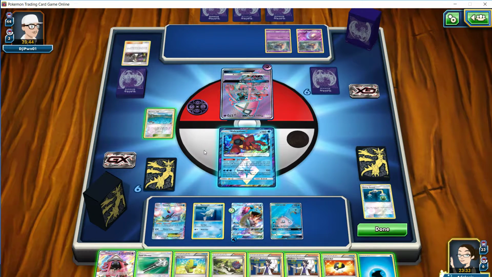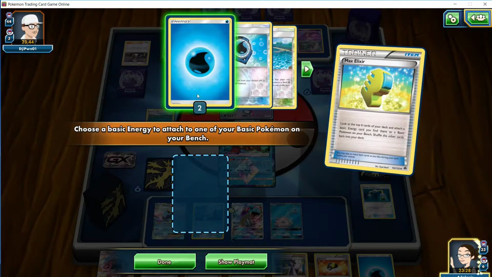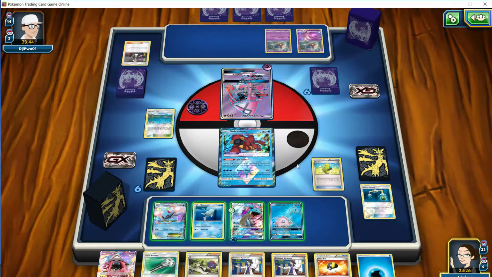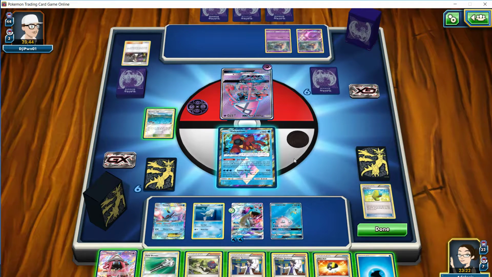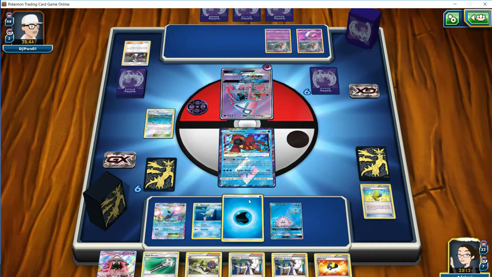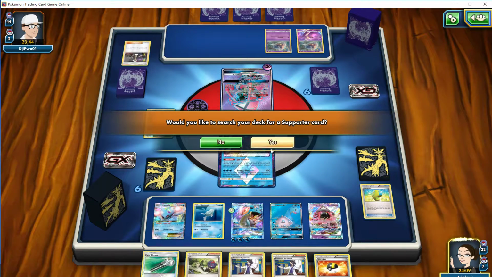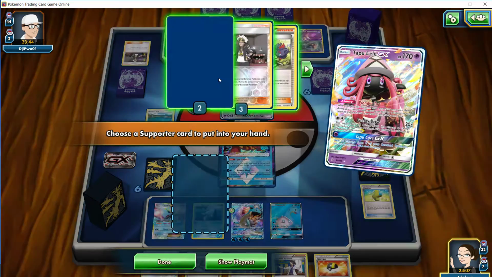What we can do here now, so let's think it through a bit. We do have a Max Elixir and an energy, so let's try the Max Elixir first and see if it hits. So the Max Elixir did indeed hit. So now what we can look at doing, let's see, is we can energy, then we can go for a Lele. We can use Lele to go get a Guzma,